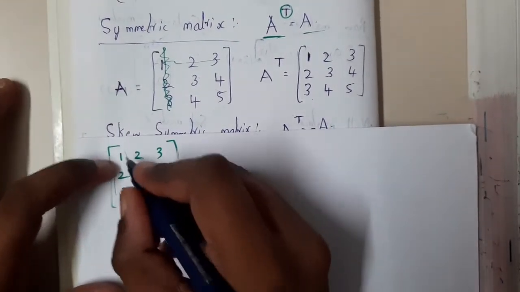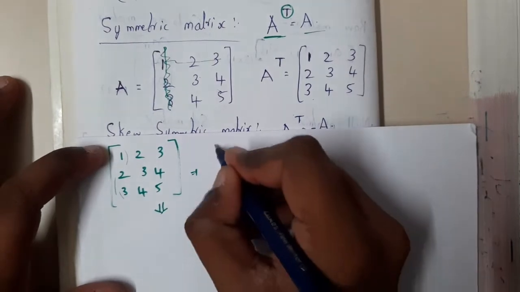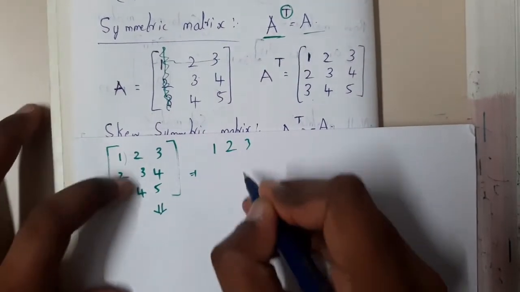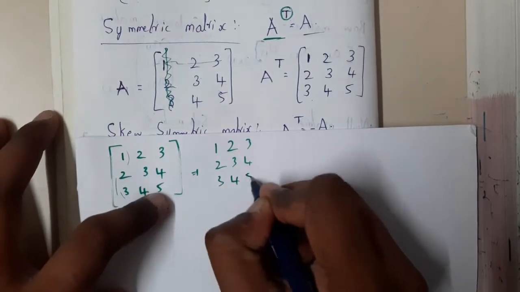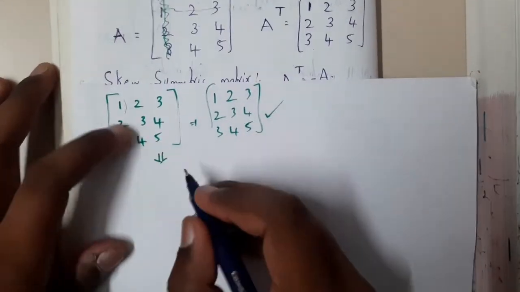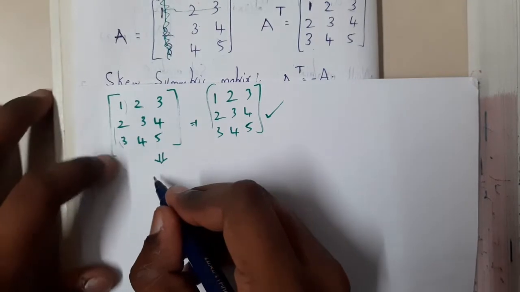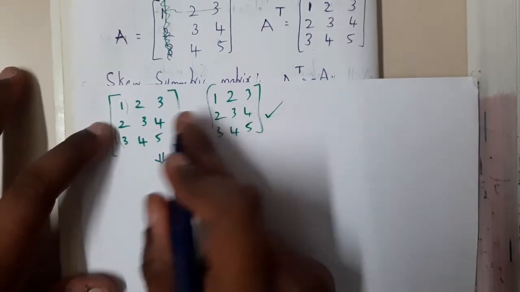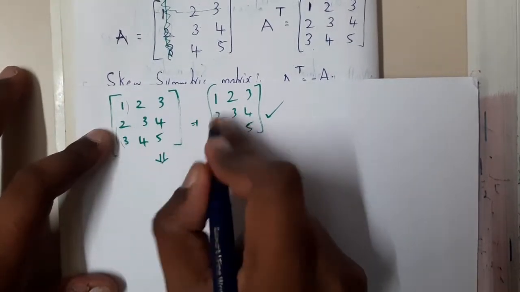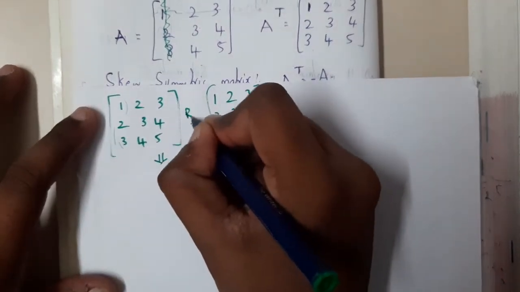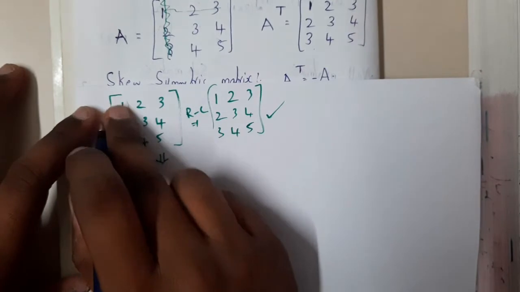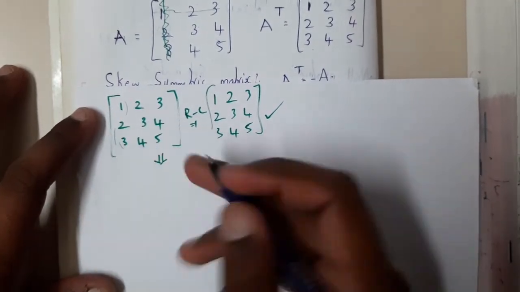So here let us convert a column into a row. Okay, so 1 2 3, this became the first row, this will become the second row, this will become the third row, right? So we got some matrix. Okay, let us now convert columns to rows, guys. So here I did rows to columns, right? So here let us do columns to rows. Okay, so let me write it here. So rows to columns. So I converted this 1, 2, 3 into this. So I think I did the reverse, right?